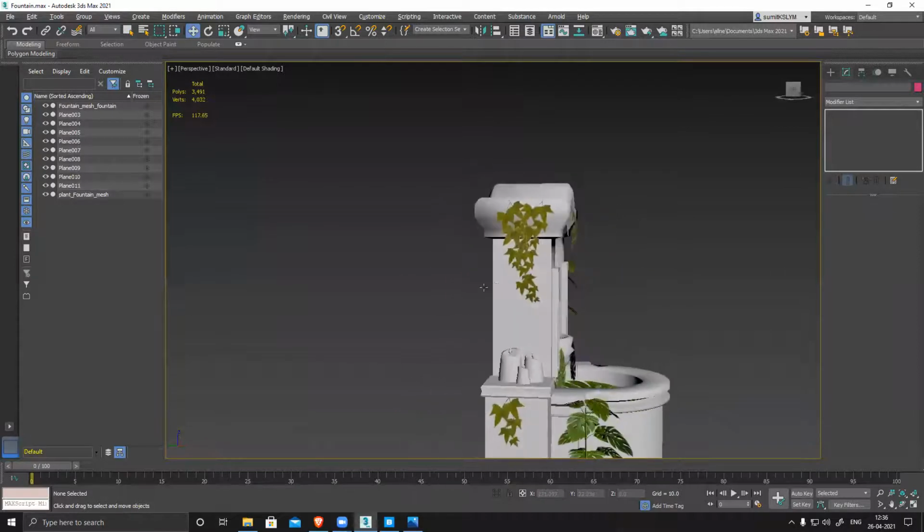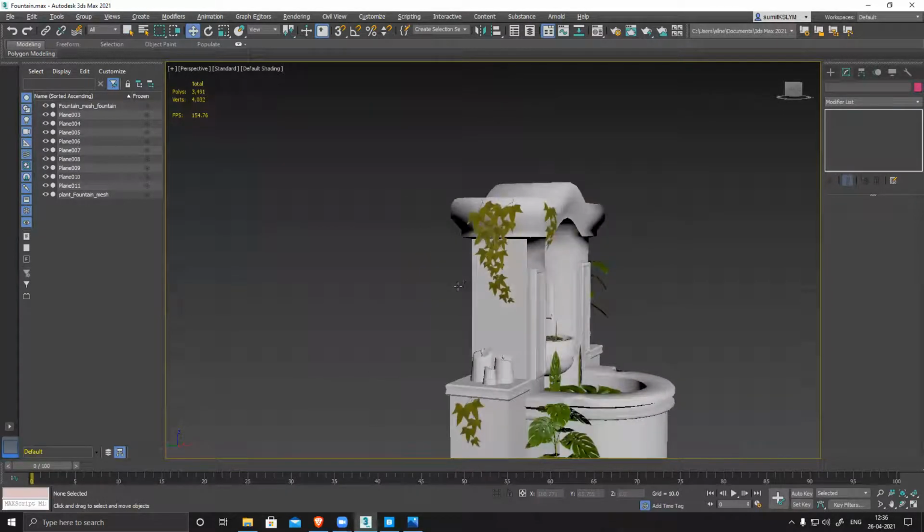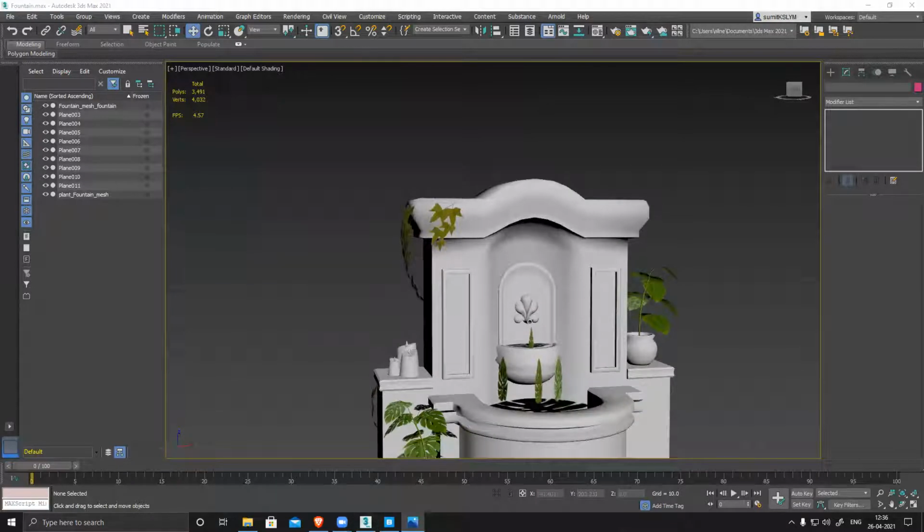See, I can generate this thing super easily.